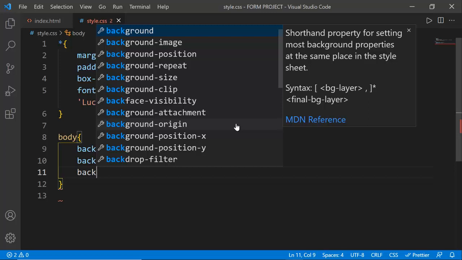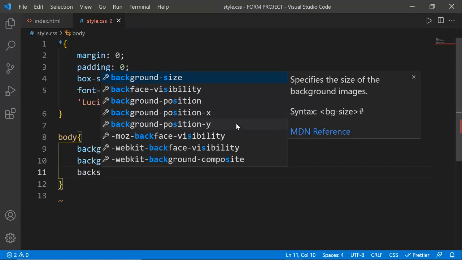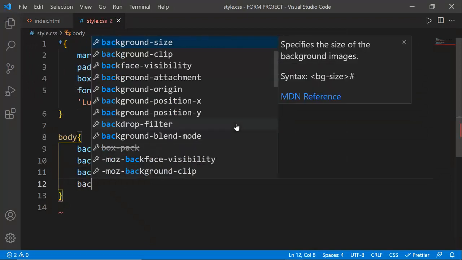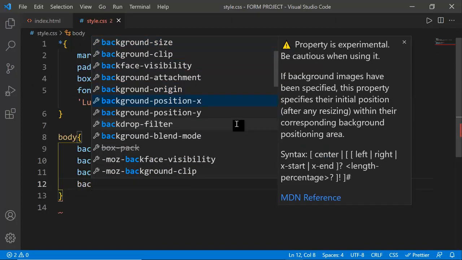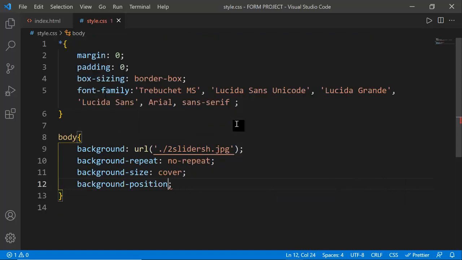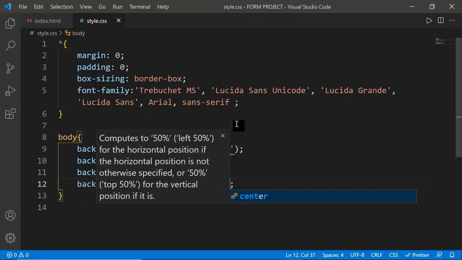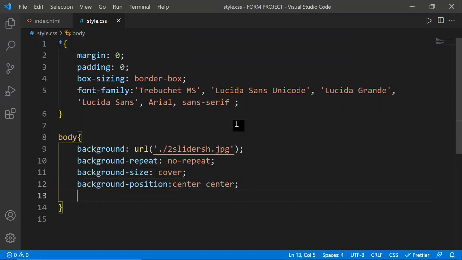I told you about background images and parallax effects. So I'm going to set the background size to cover, and one more thing, background position is very important here. So background position, not position X, just background position to center, and then again center, so it will center vertically and horizontally, or horizontally and vertically. I don't know the order of what comes first, so you can check it on the internet. So I just take it as center, and once you refresh it,